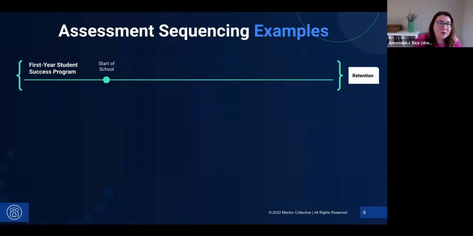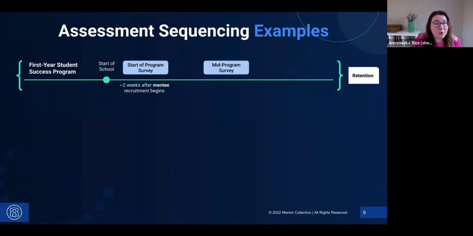You might be on a semester calendar, you might be on a quarter calendar, you might be engaging with first-year students, you might be engaging with continuing students. So typically, if we take an example of a first-year student success program, maybe your first time in college, your transfer students who are joining your institution for the first time, maybe your first-time graduate students. Typically, what we see is that the start of school can cue off the start of the program, and that usually we see something like the start of program survey launching shortly after mentee recruitment begins.